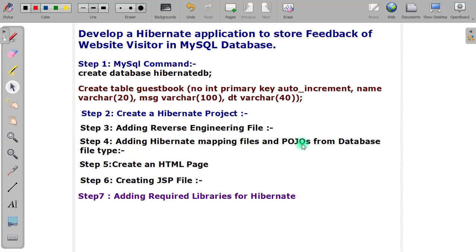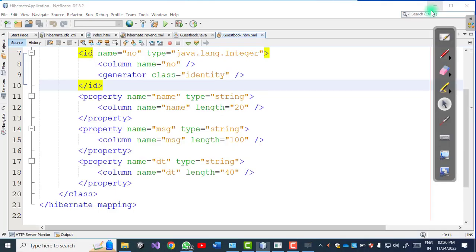This file is responsible to map the database with the Java class.